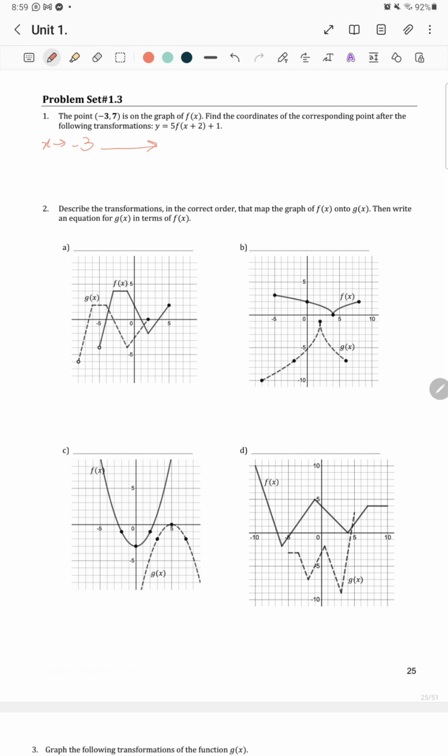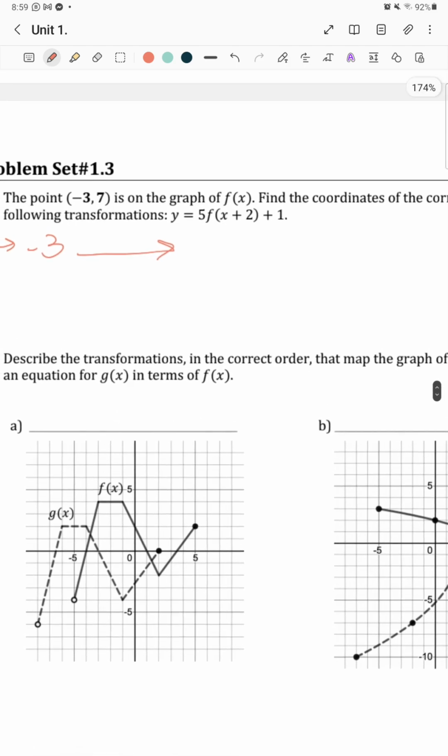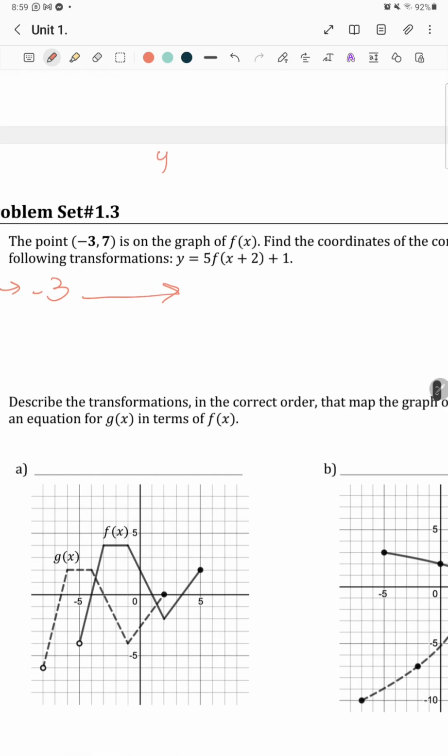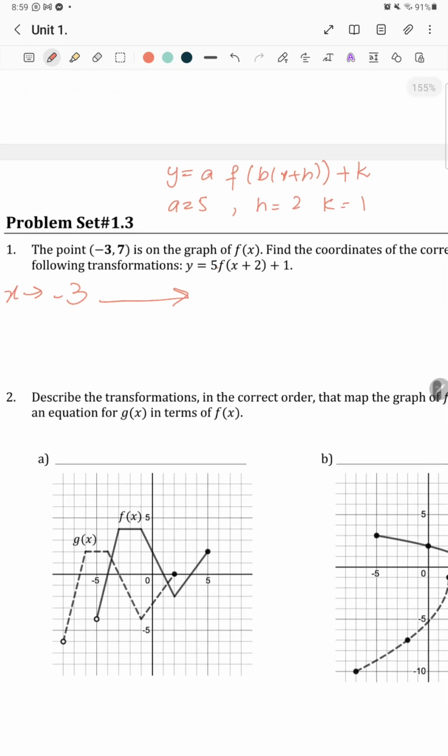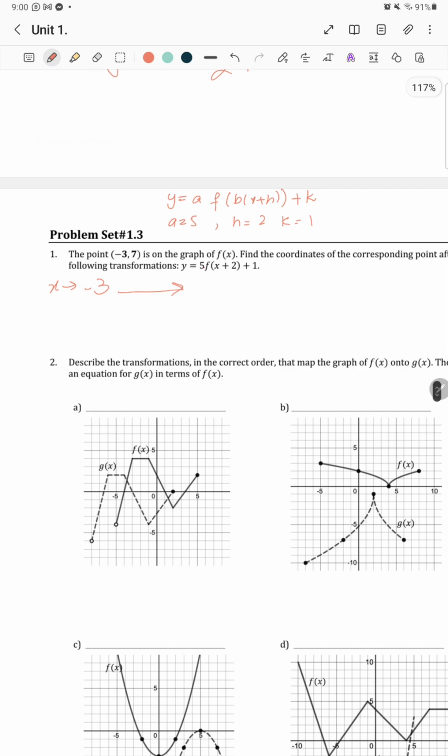First of all, we need to find the values from our statement, and that would be y is equal to a f of b x plus h plus k. According to this, a is equal to 5. According to this, x plus h means h is equal to 2 and k is equal to 1. So x is minus